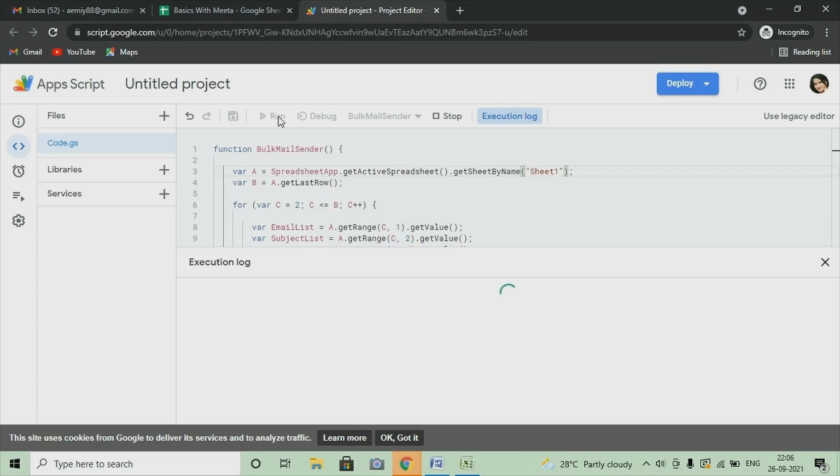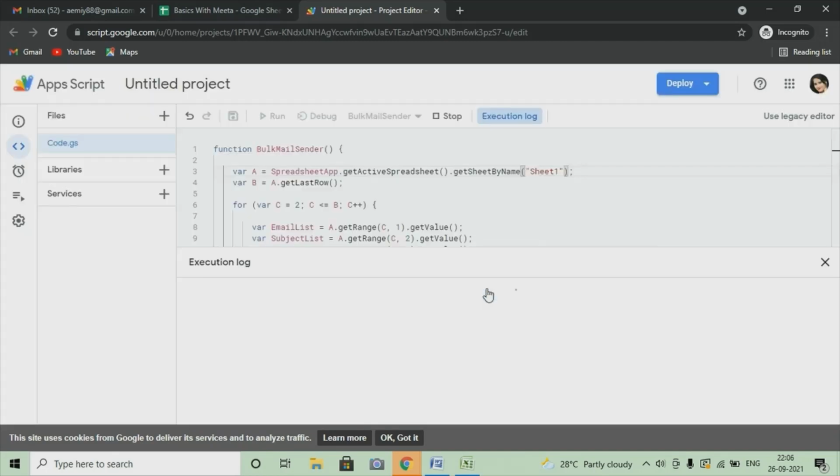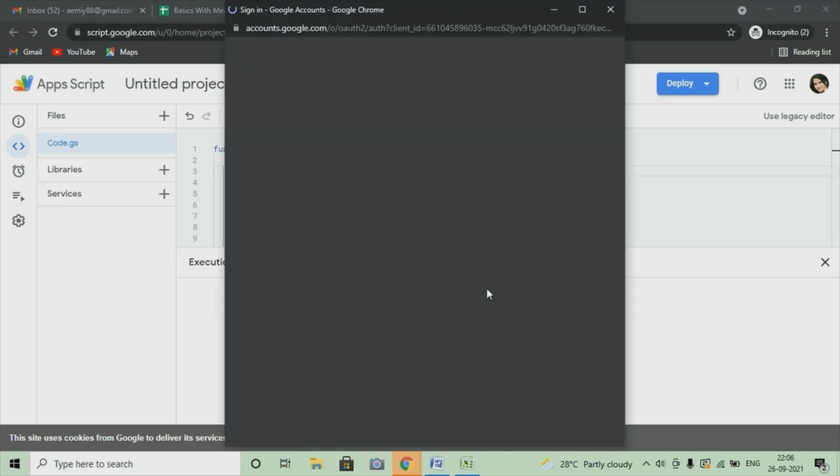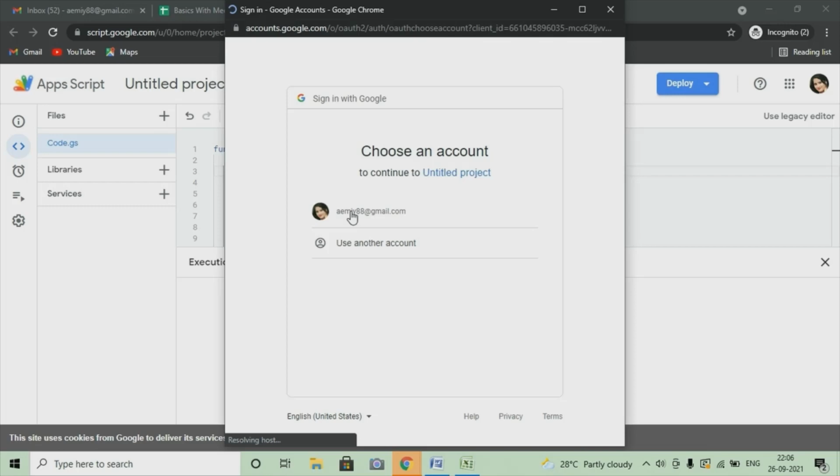It will be fetching the data of the spreadsheet that I'm having. Now I will give the review permission because it is fetching the data of Gmail. You can select the Gmail ID that you are using to send email.